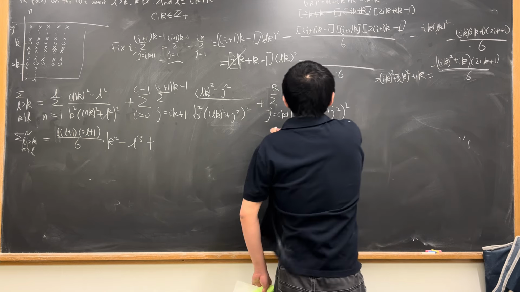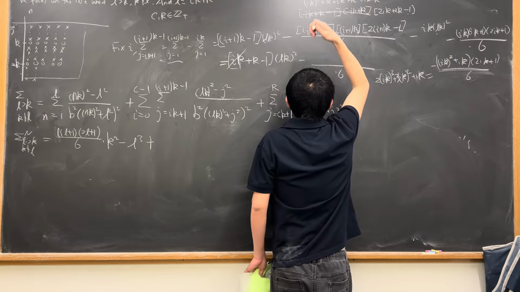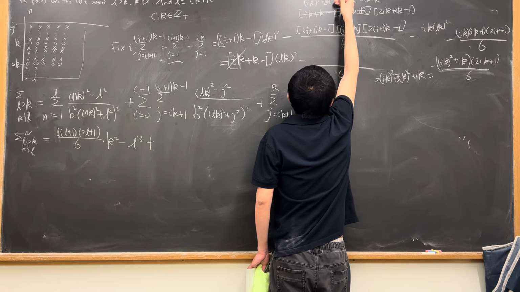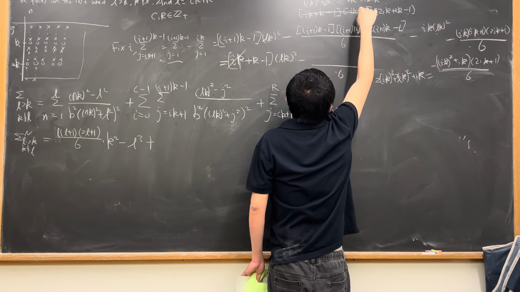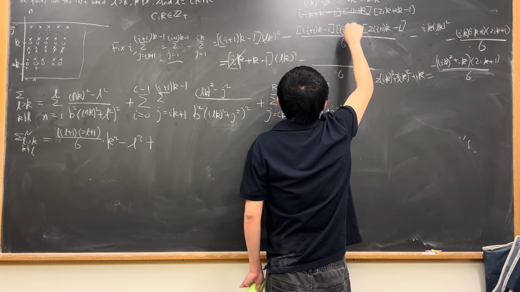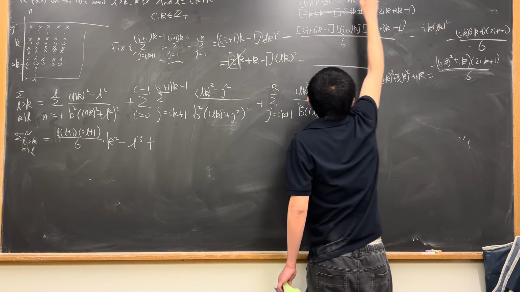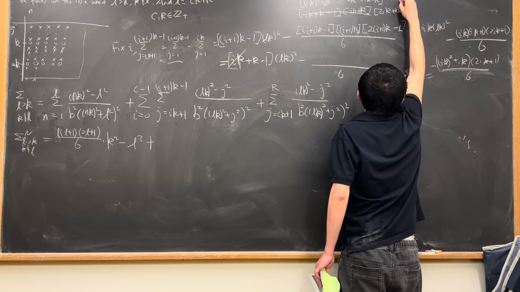So the first one is plus 2ik squared, right? So there should be a 2 here, and then k squared minus ik, okay? And then this whole thing times that I have